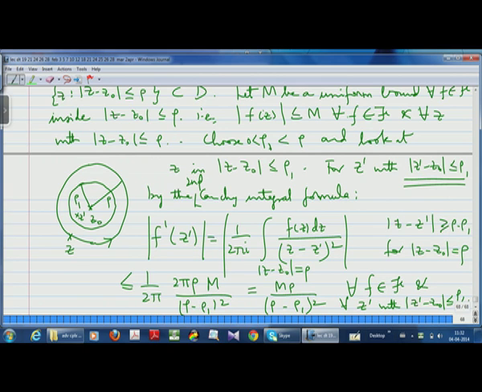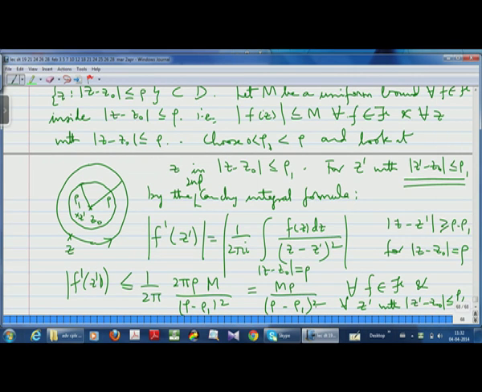So in sum, what have we shown? We have just shown that the modulus of the derivatives of all your functions inside a smaller closed disk are all uniformly bounded by this constant. And this constant has got nothing to do with any particular point. The constant on the right side is M rho by rho minus rho 1 the whole squared. That has got nothing to do with the point z prime, except that z prime should lie inside this smaller disk, and nothing to do with the function f that I chose from the family. So it's a uniform constant.